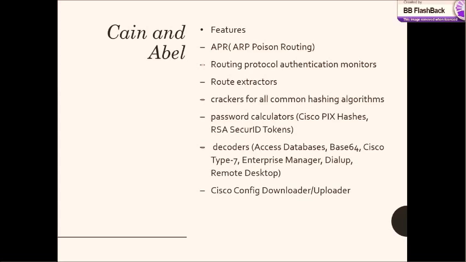ironically, ARP poisoning routing, which enables sniffing on a switched LAN by hijacking IP traffic of multiple hosts at the same time. The sniffer can also analyze encrypted protocols such as SSH1 and HTTPS if used with APR in a man-in-the-middle situation. Cain also comes with routing protocol authentication monitors, route extractors, crackers for all common hashing algorithms and other various specific authentications,